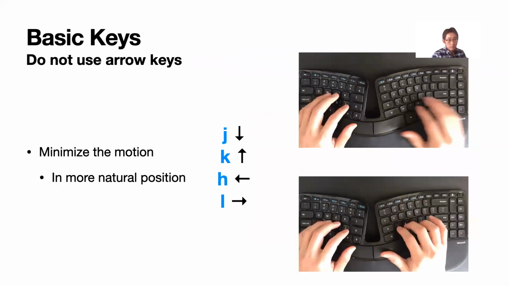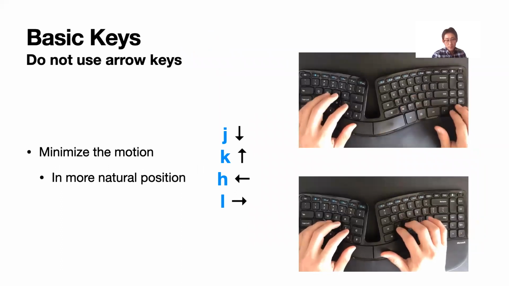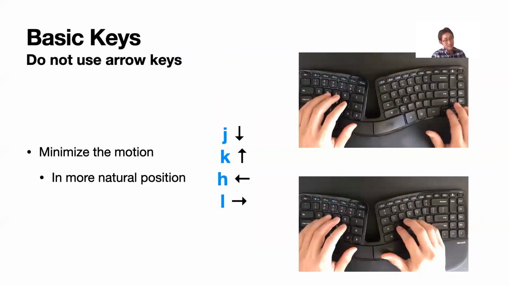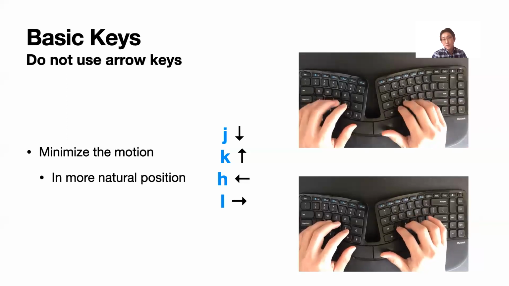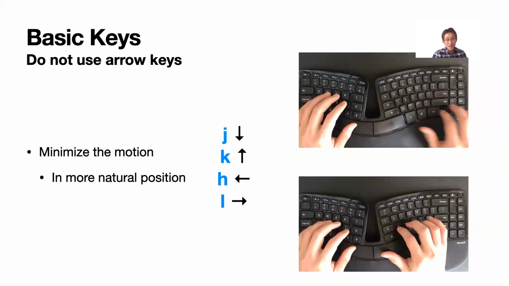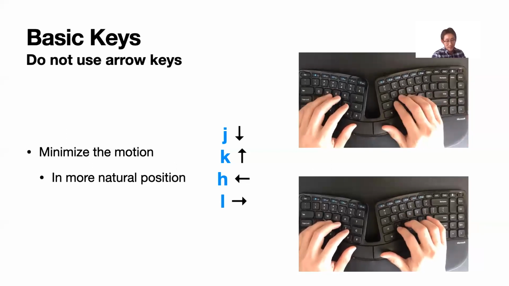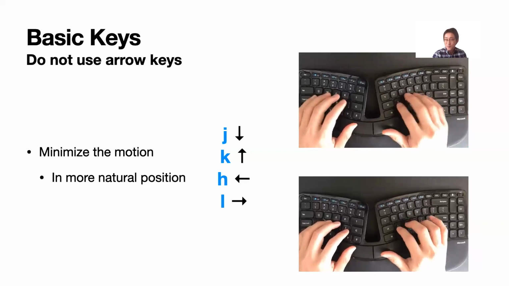And just bear in mind this: if I have to pick one thing from all the sprints, I'll probably say this is the thing. Do not use arrows. Use J, K, H, L for the motions. I know it's painful in the beginning, but if you keep trying it, it takes you much faster and will